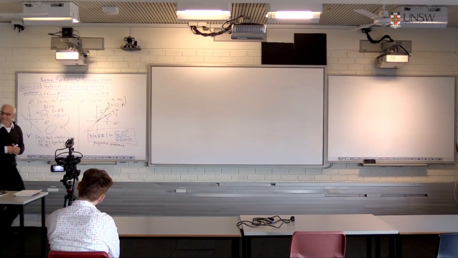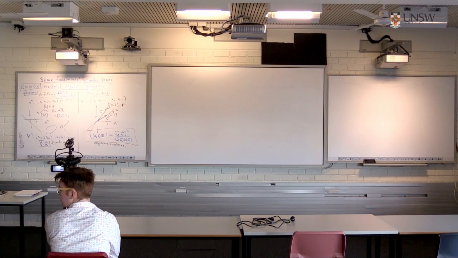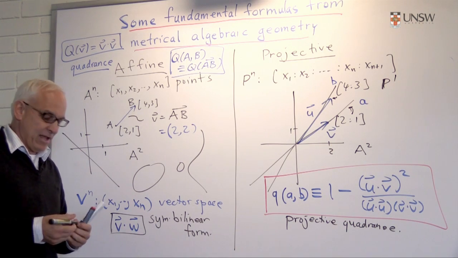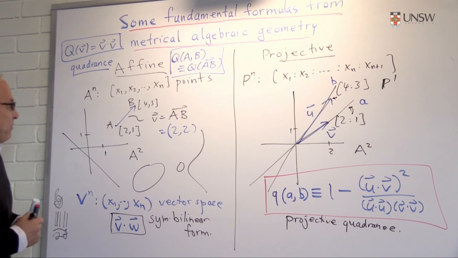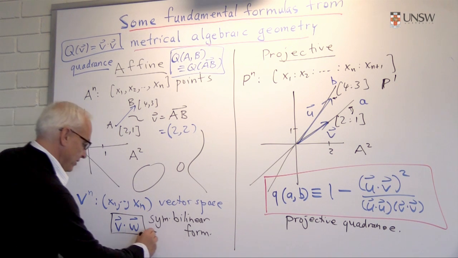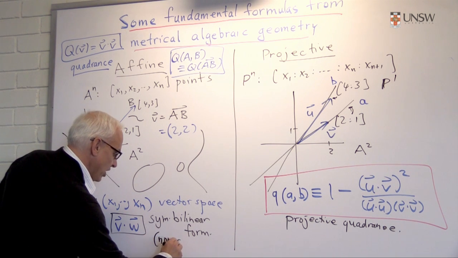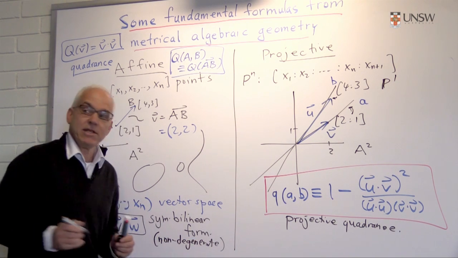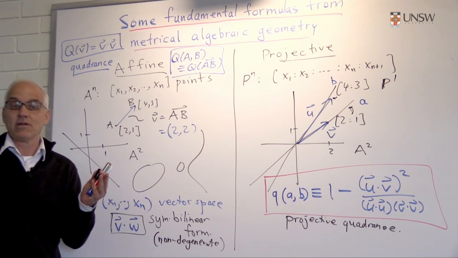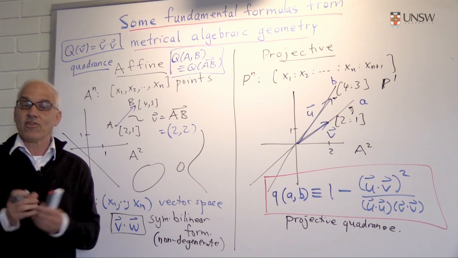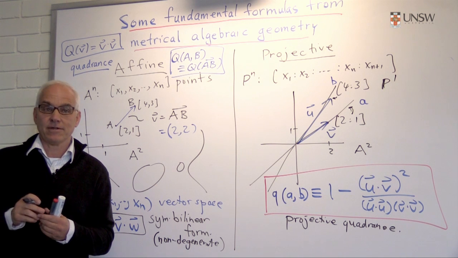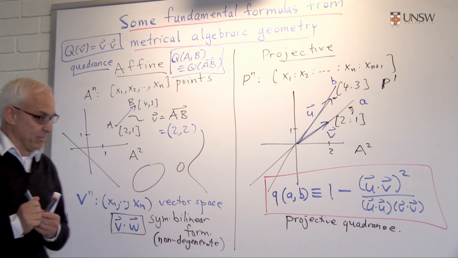Do you care if your symmetric bilinear form is degenerate? Yes, that's a good point. We can think about degenerate forms, but we prefer that things are non-degenerate. So let's assume for now that everything's non-degenerate. That means that if you associate a symmetric matrix that represents this bilinear form, its determinant is non-zero. Thanks for that. It just makes life a lot easier.